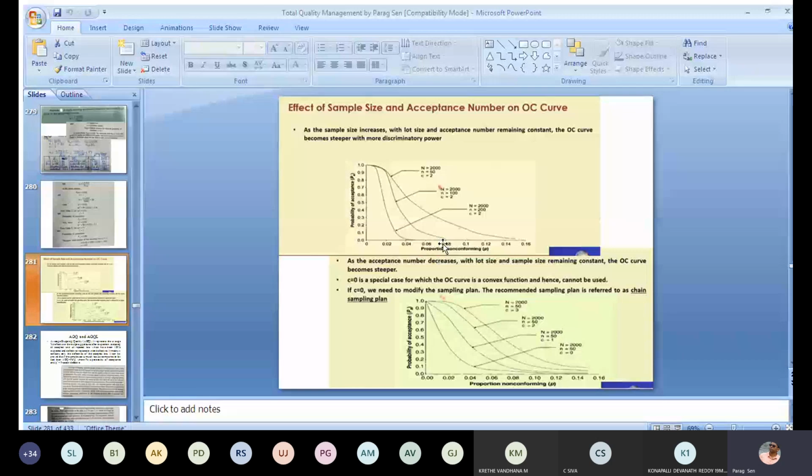So you will verify what my n value will be and what my a value will be. You have nothing to do with the proportion defectives, but the n value and a value you can choose, or find out, or verify. So this is the method, or the output, of the operating characteristics curve. This type of determination can be done by the operating characteristics curve.